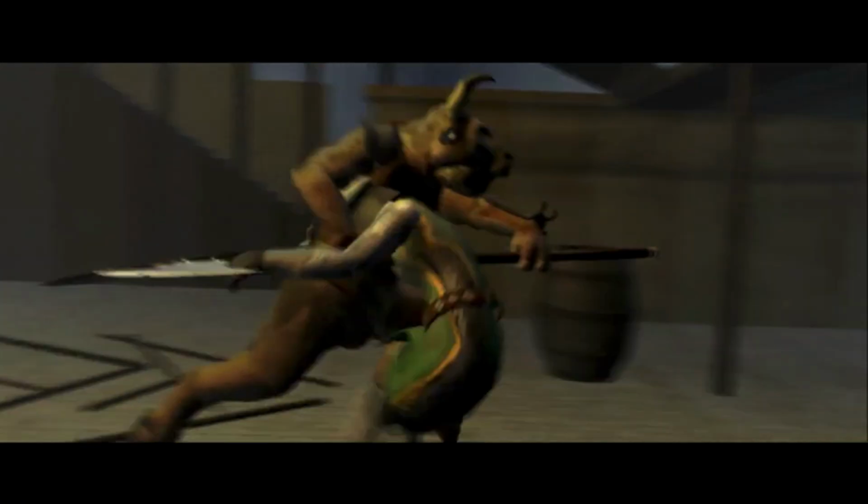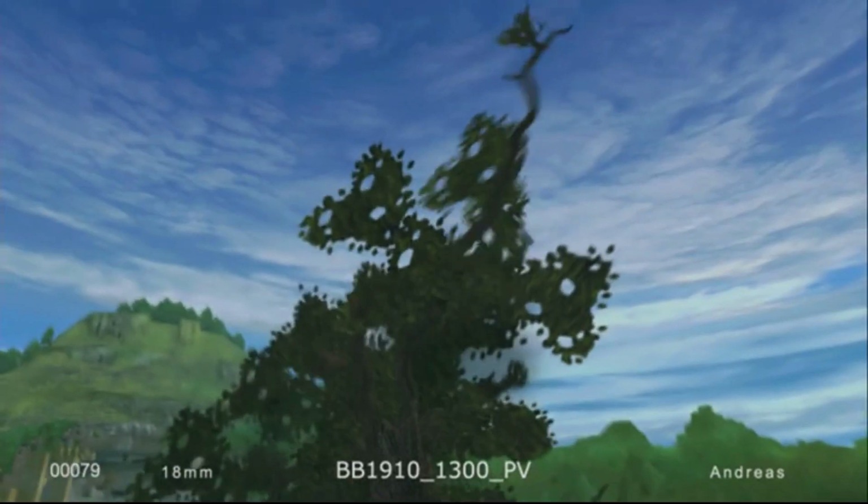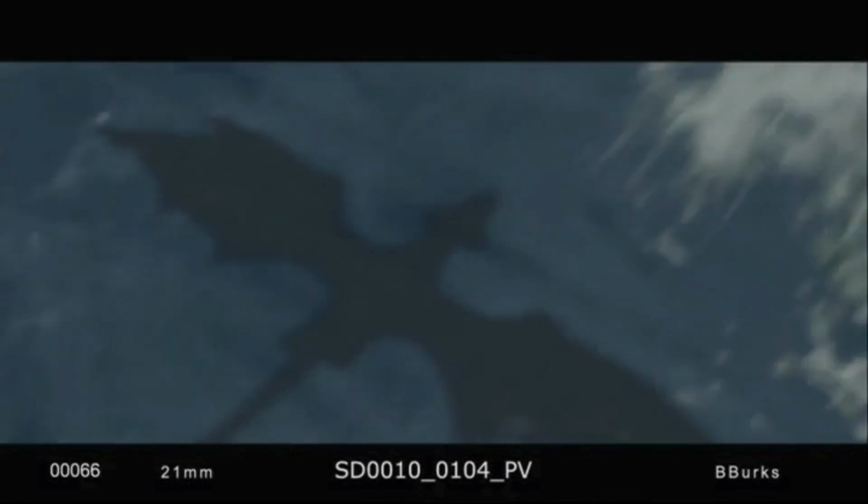It's pretty fantastic that before a single frame is shot on Dawn Treader, we'll be able to watch the entire movie. Well, you know, they say a picture's worth 1,000 words.